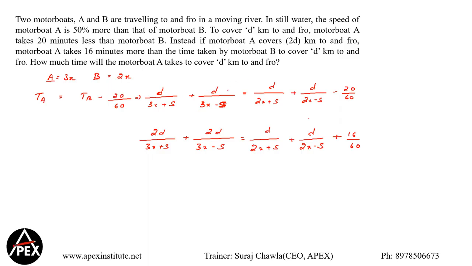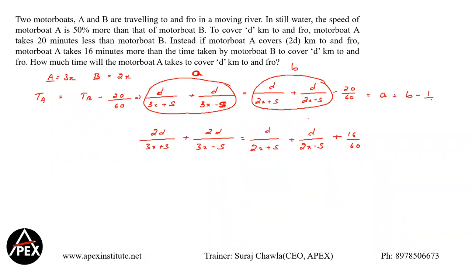Okay, so let me do one thing, guys. Since a lot of things are common, let me assume this whole thing as a. So can I say I'm supposed to calculate the value of a here, guys? Is this point clear with all of us? So I'm taking this as a and I am taking this as b. So can I write my first equation as a is equal to b minus 1 by 3 or b minus 20 by 60? Let's write in minutes only. b minus 20. Let's cancel 60 on both the sides. Doesn't make a difference, don't worry.